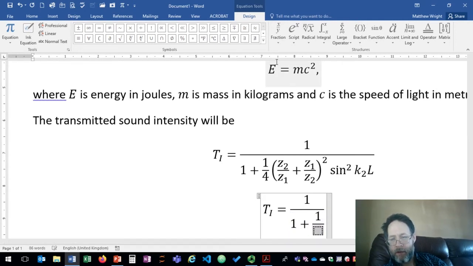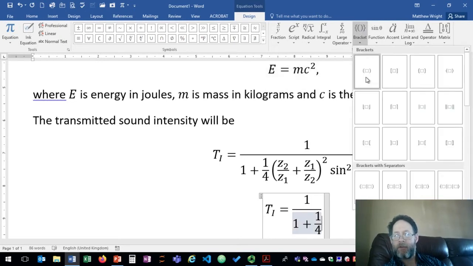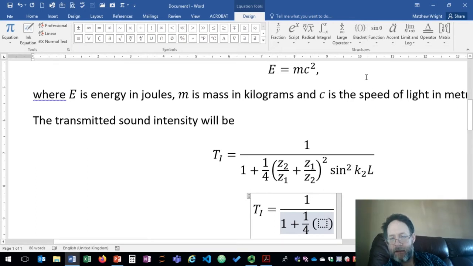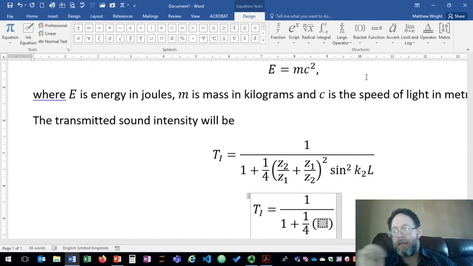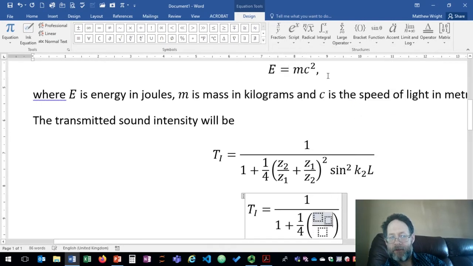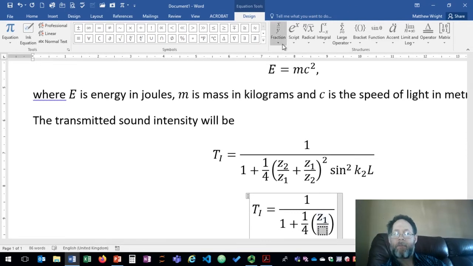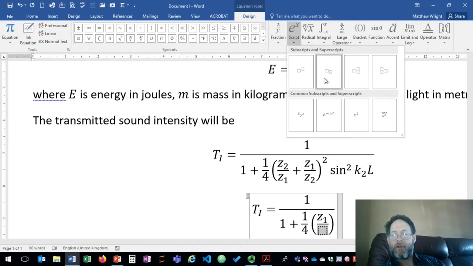arrow, 1, forward arrow, 4, forward arrow, and then a group in parentheses, so I could select that, and then I left arrow to highlight the group inside it, and then that's the sum of two fractions, so I could do that, and then the one on top is a subscript Z1, and then forward arrow to get to the bottom, so it's another subscript